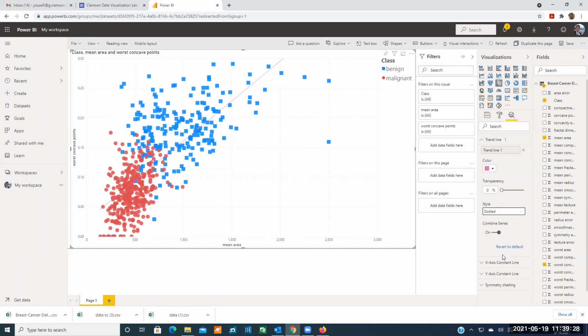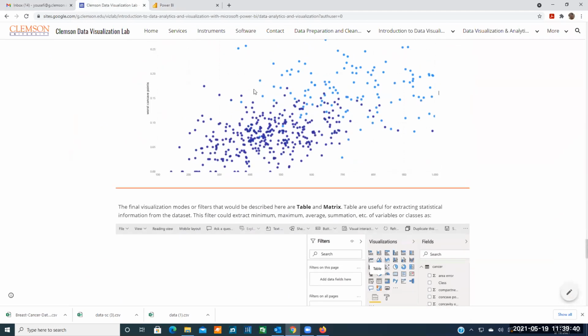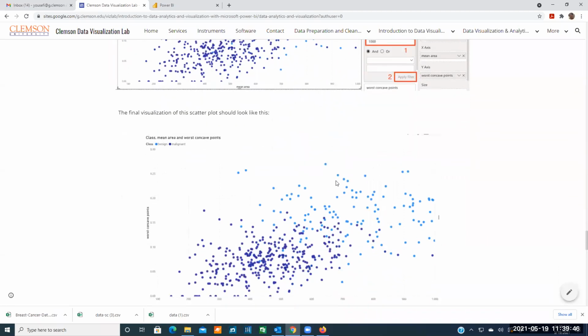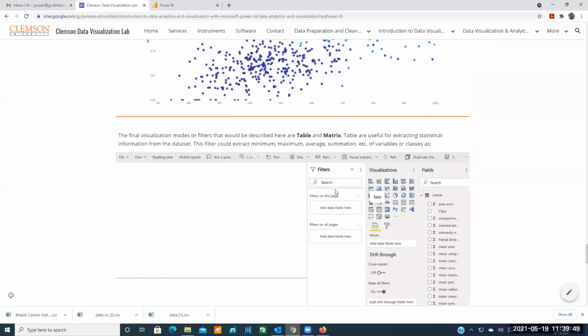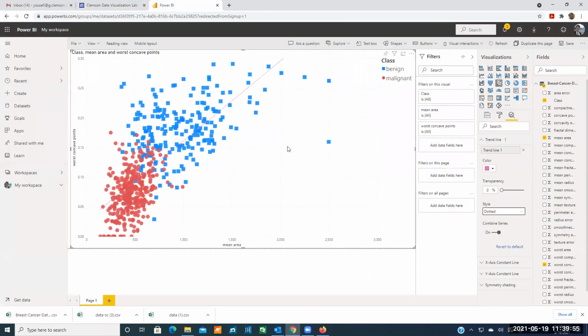Any issue that you might have in changing some of the formats or creating the trend lines? And we went through the filtering before, so you can just use the filterings to filter your data to whatever you want. So that's the filterings one. Before jumping into the next section, any question related to the scatter plot or the previous charts that we have